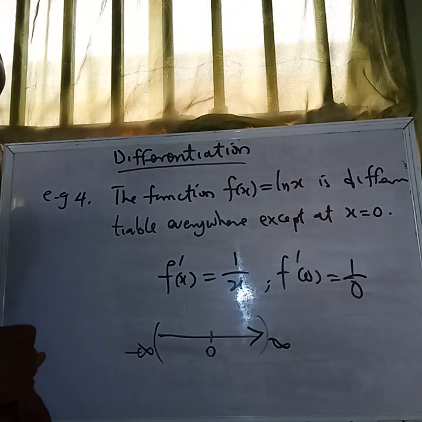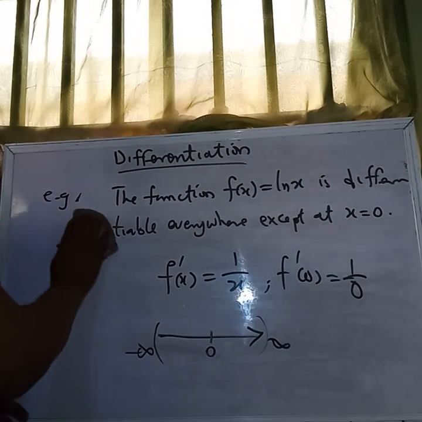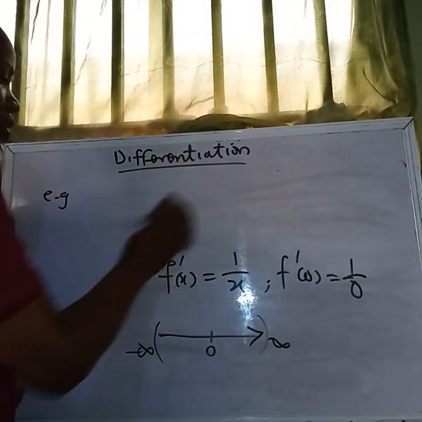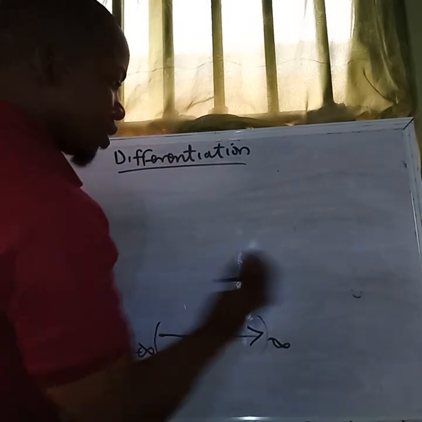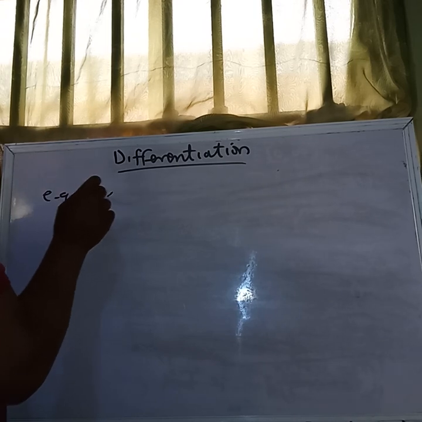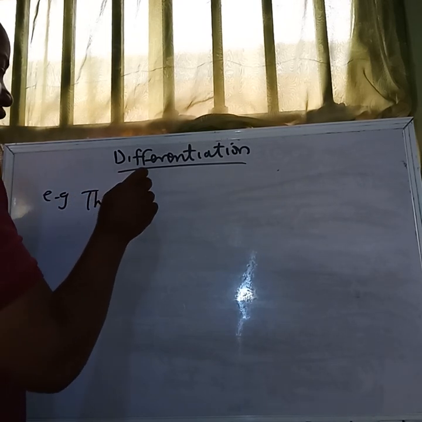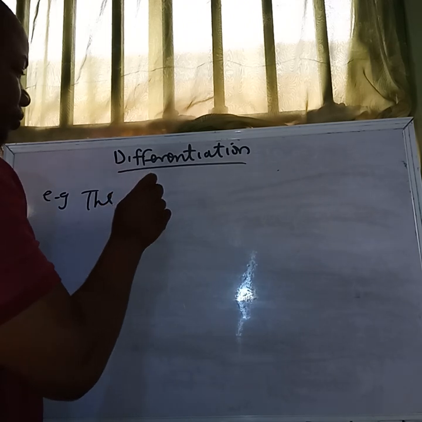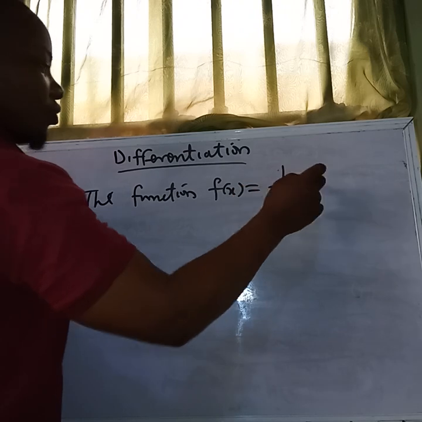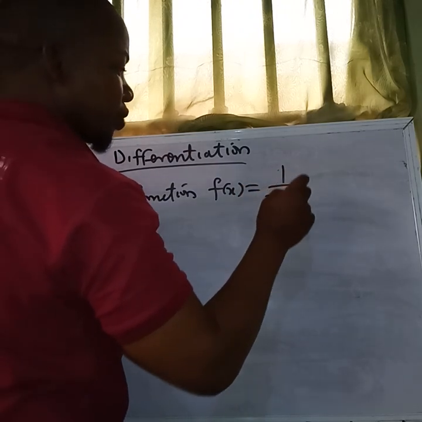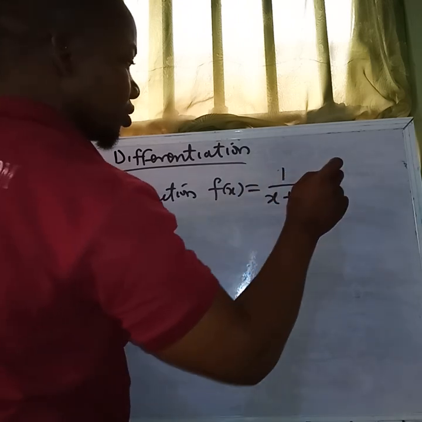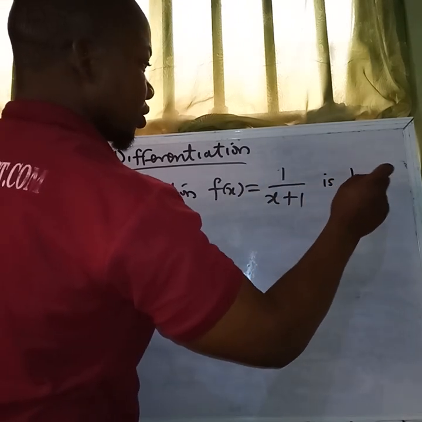So other examples. Let's give a case of another function, a rational function this time. The function f of x equal to 1 over x plus 1 is also differentiable